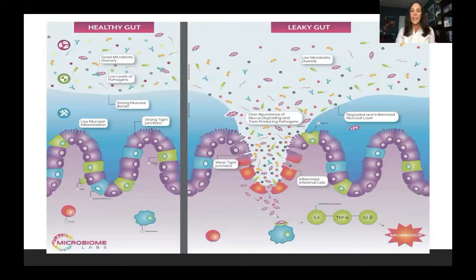So back to this slide, we're just going to review again before we dive into the evidence and some of the solutions. We need a healthy diversity on the left side, low levels of pathogens, strong mucosal barriers, strong tight junctions, and low mucosal inflammation. On the right here, we have low mucosal diversity, overabundance of mucus degradation and toxin-producing pathogens, weak tight junctions, inflamed